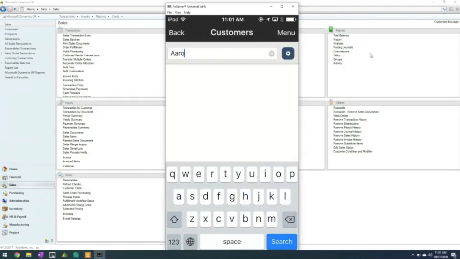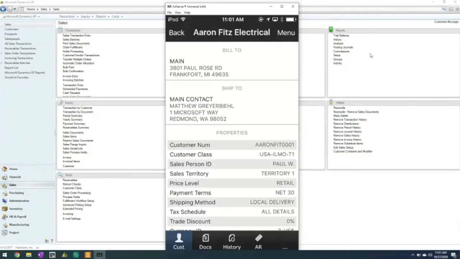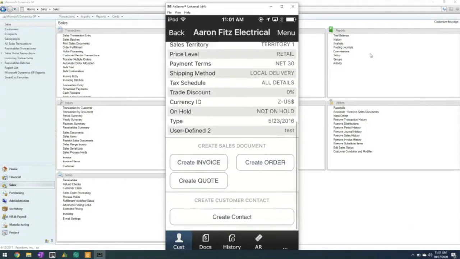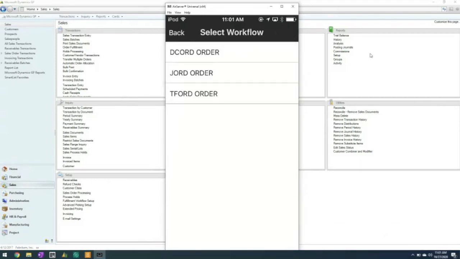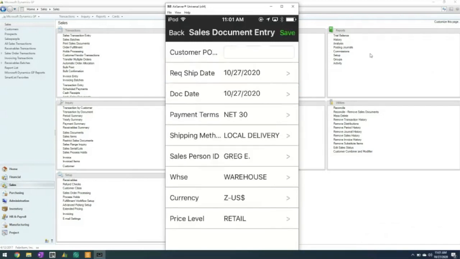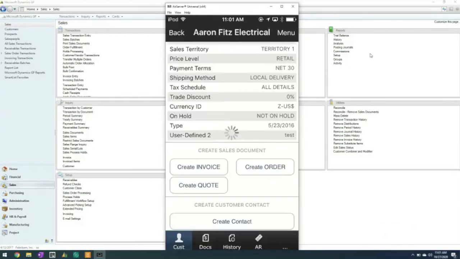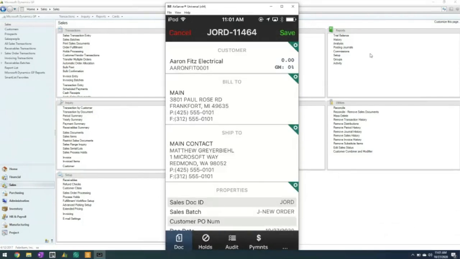I can key in a specific customer, look them up, and I can go to the customer card and then place an order from that customer card. And so if I scroll down, you can see I can create an invoice, I can create an order, I can create a quote. I'm going to go ahead and create an order, and now I'm presented with a document ID that I can select and then go ahead and create that order. So I'll go ahead and save that, and now this is a live document, order number 11464,